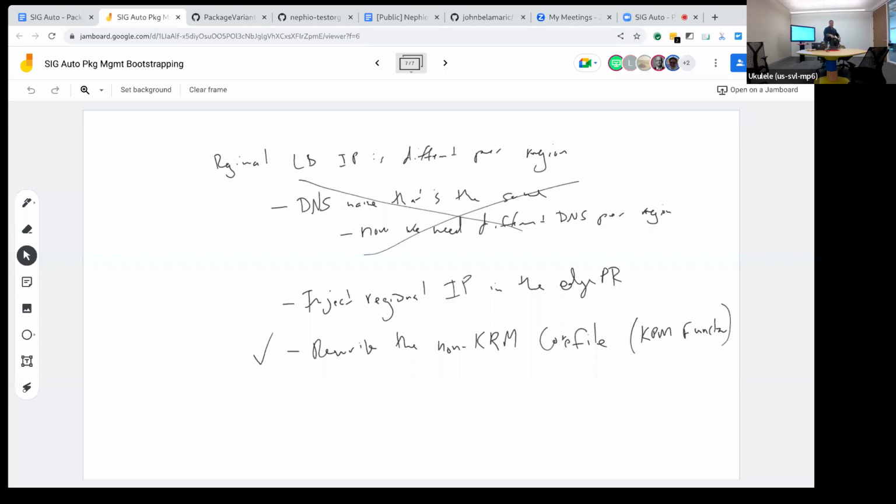So Kustomize is another one that supports KRM functions, and then Porch is another one. And there may be others out there in the wild that I don't know about. As far as I know, Kustomize, kpt, and Porch are the ones that do it. But the point is I'm trying to get away from implying that it's a kpt-only technology, because it's not. It's actually a general Kubernetes technology.